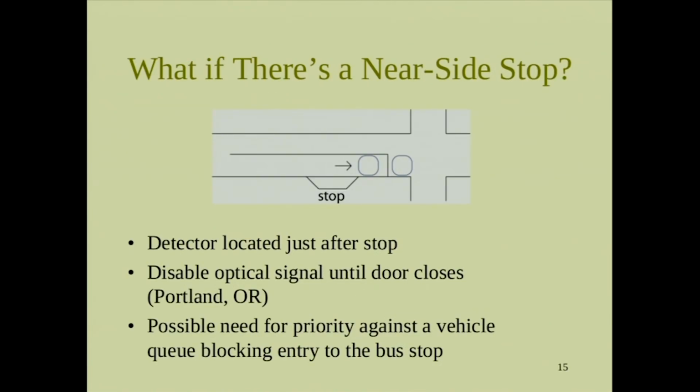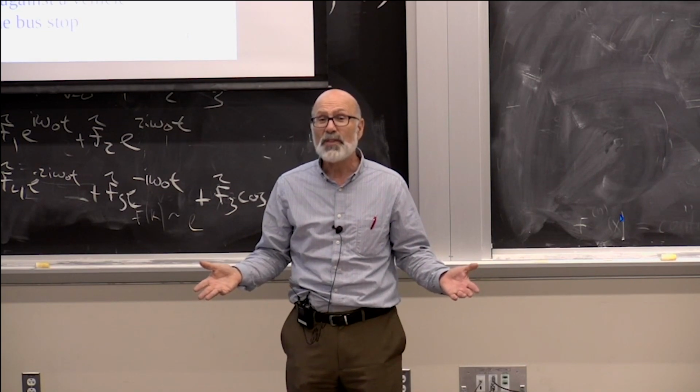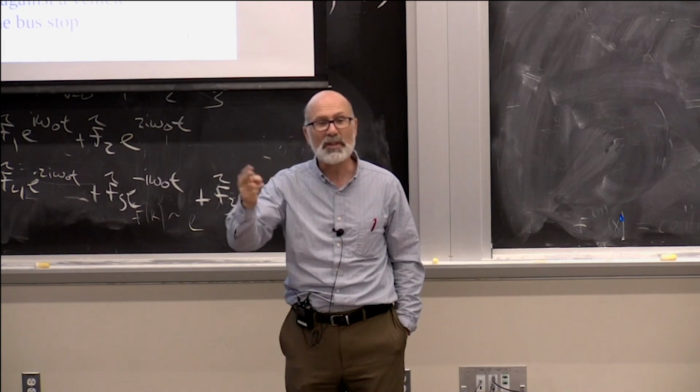One difficulty of giving priority is, well, what if there's a near side stop? If you looked at locating stops for buses, there's a basic choice between the near side, the upstream side of an intersection, or the far side. Well, if you're on the near side, remember, stop dwell time is random. So I don't even want to check the bus in until it's left the stop. Well, that means my check-in point is going to be awfully close. So what? I'm going to find out 2 seconds before the bus comes that a bus is coming? If you only have 2 seconds advance notice, how long a green extension can you give?